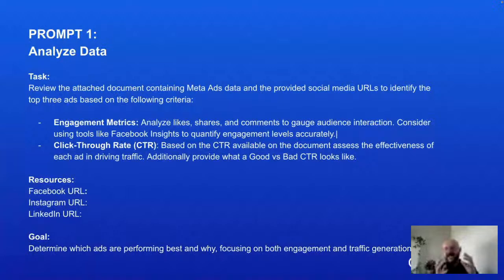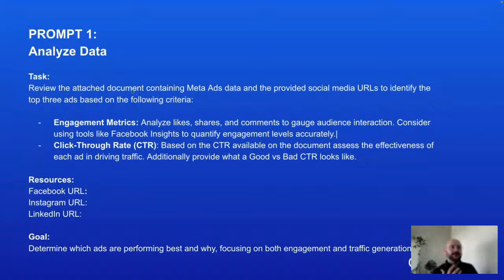And those high performing ads need to be pulled out based on certain variables. The variables that I chose would be engagement metrics and your click-through rates, because in my mind, those would be your call to actions. Those were people actually engaging with this ad. So what you've done was you've taken this prompt, you've asked it to review the attached document, which I'll show